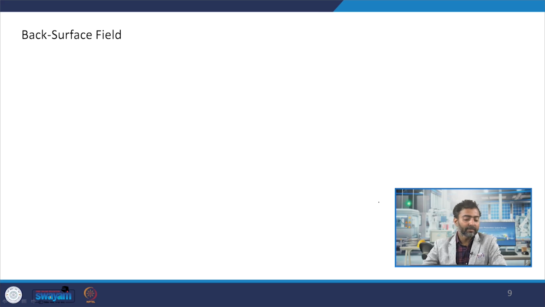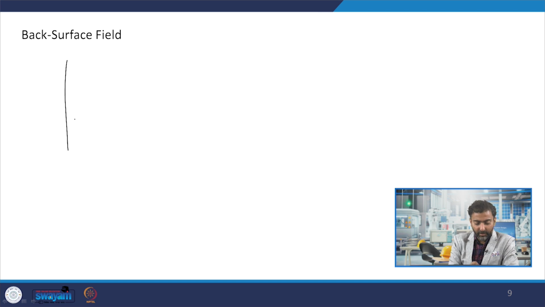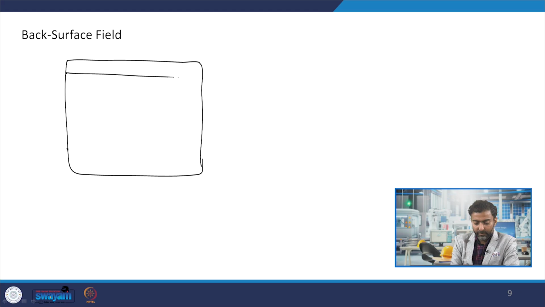So, the solution lies in this concept known as the back surface field. Let us see what this back surface field is. It is a very interesting trick actually. Let me draw a schematic of a solar cell which we just now looked at. So, this is your N plus emitter and this is your P base. There is a space charge region here, something like this,